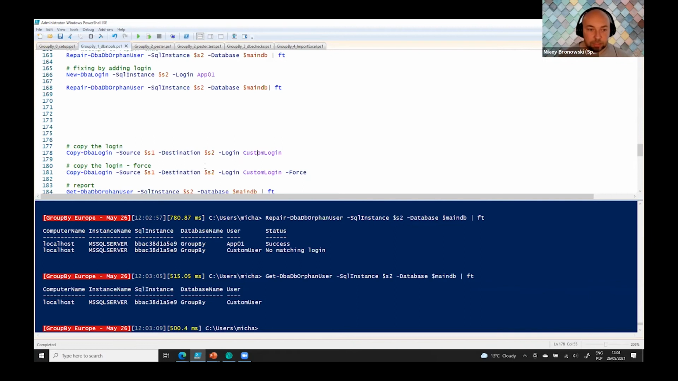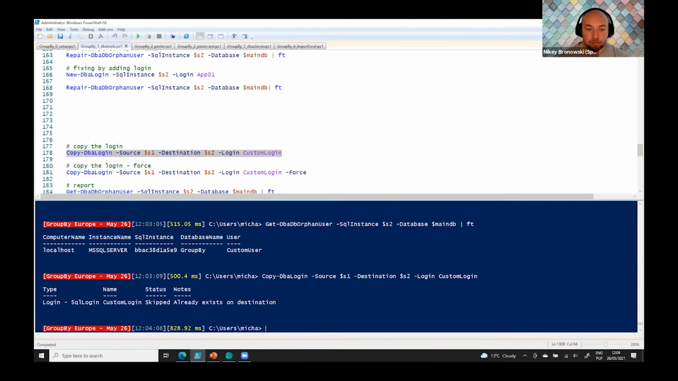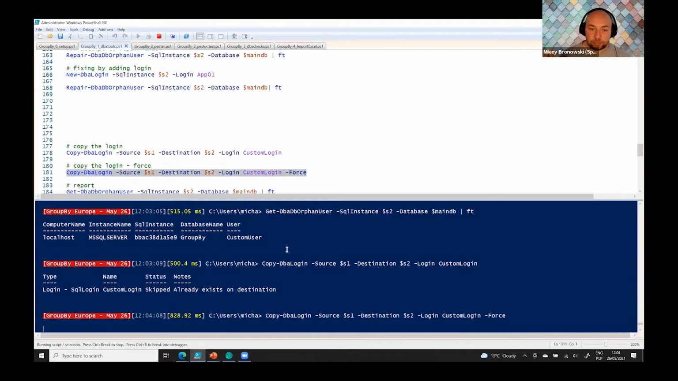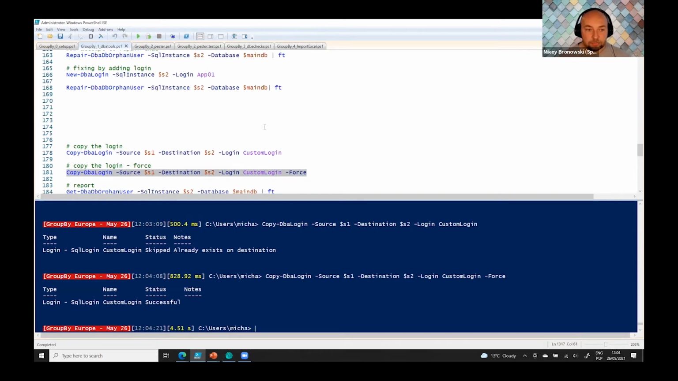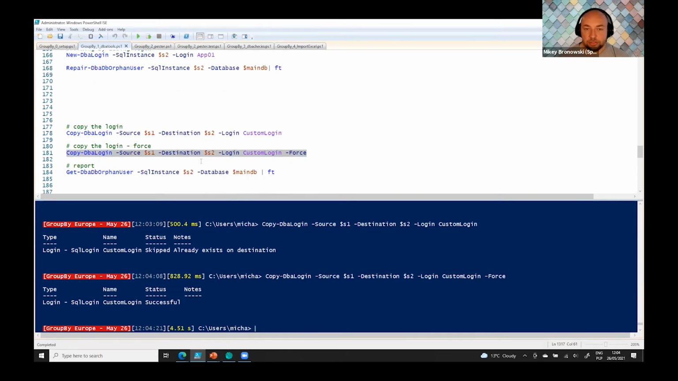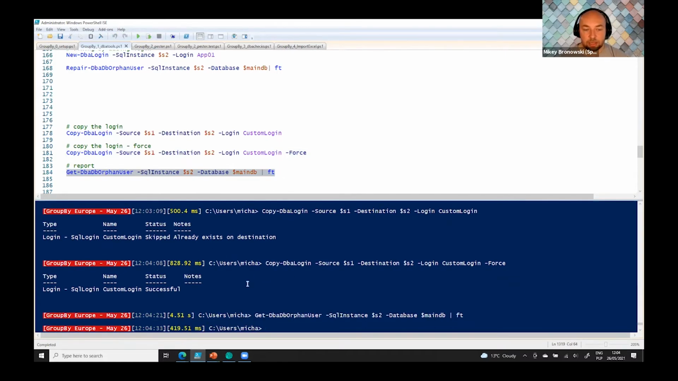So they cannot be linked together. But with dbatools, we can copy the login, unless it exists. So I told you it exists, but I couldn't fix it. With the force switch, we can drop the login on the destination and recreate it. It didn't ask me for a password or anything because it just copied the whole thing. And now when I run the command, I don't have any